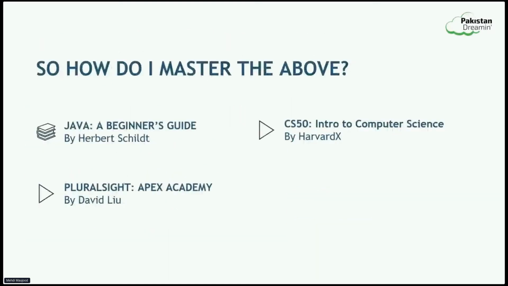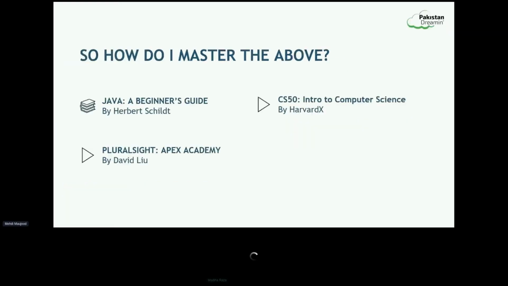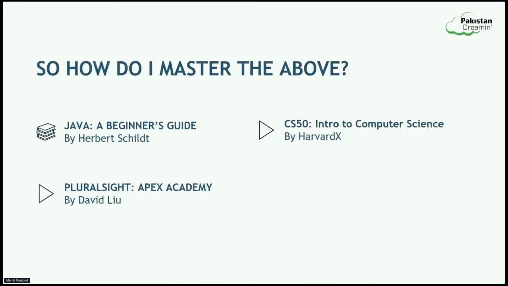So how do you get better at these fundamentals? There's a few resources that I personally really like, and I'm always on the lookout for resources. I want to put something together myself as well in the future, so definitely connect with me, follow, and I'll be sure to share when I do so.